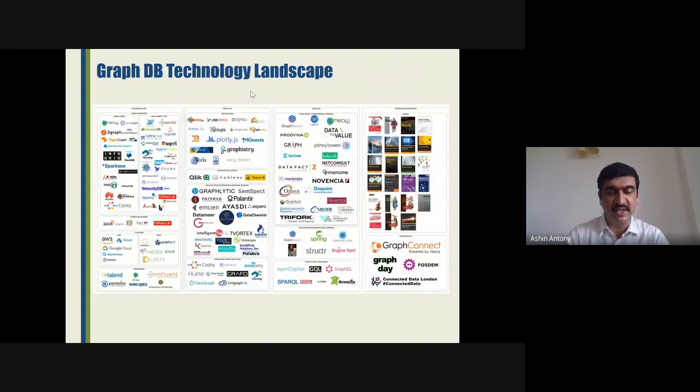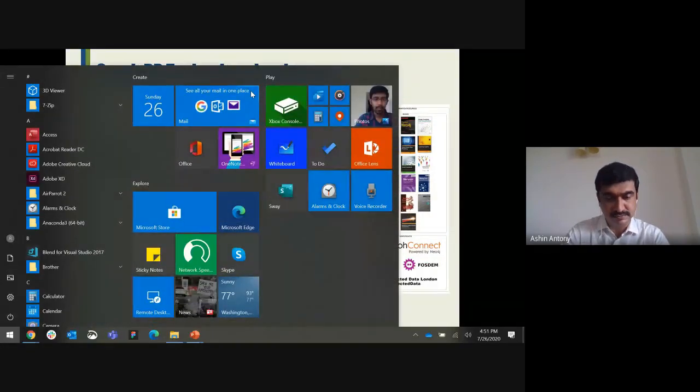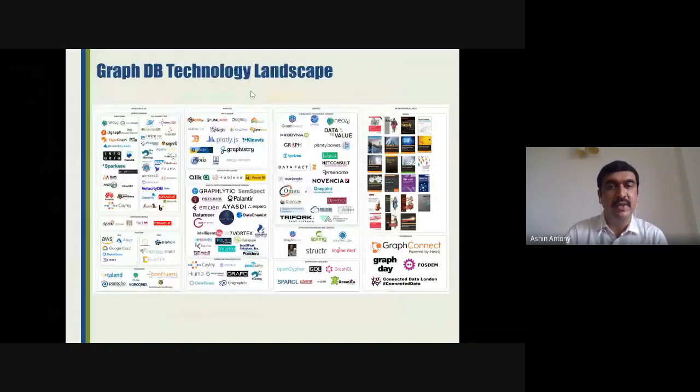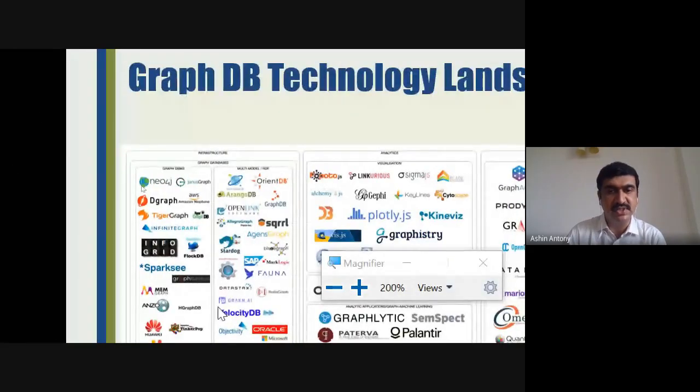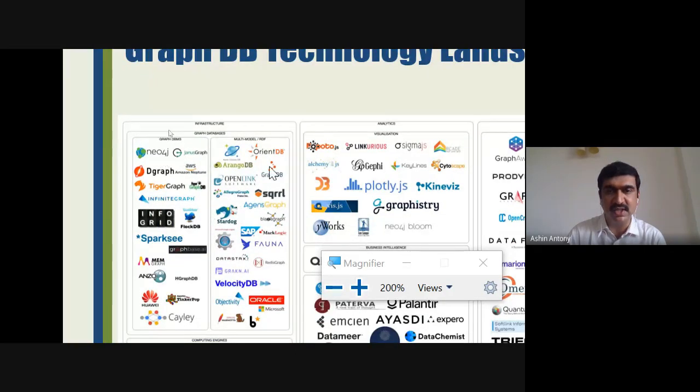Again, another fancy slide with all the GraphDB related systems. As you see here, Neo4j is out there on the top. There are other graph databases available, but they are still the leader. You can at least find out how it is implementing the graph structures. And like I mentioned, in a day or two you will be able to come out as a